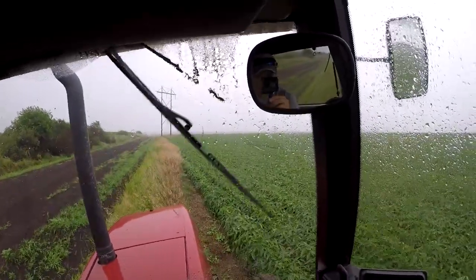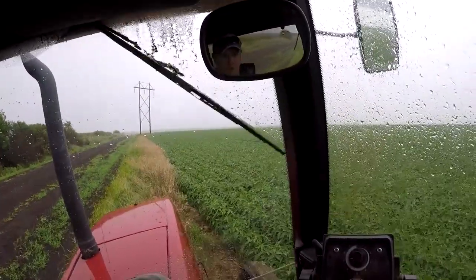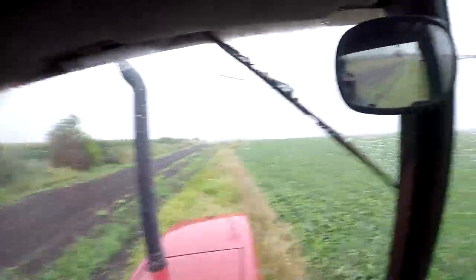Well, it's not a half an hour later, and it's raining pretty good. I was able to do a little bit of the waterway at another farm kind of adjacent to this or across the road. Got that finished up, and I'm on a dirt road and it's raining, so I figured I might as well just mow back along the crop on this side. Probably just going to get back to the gravel and go home at this point,